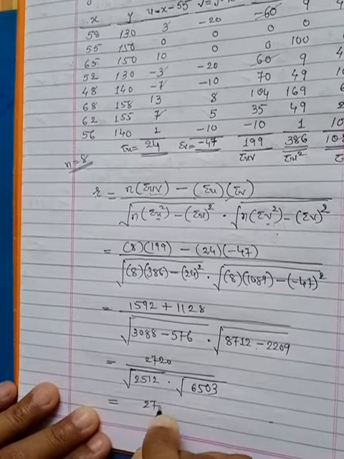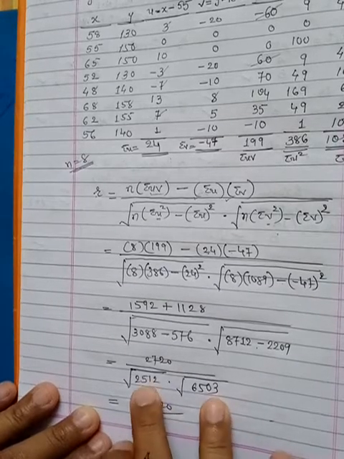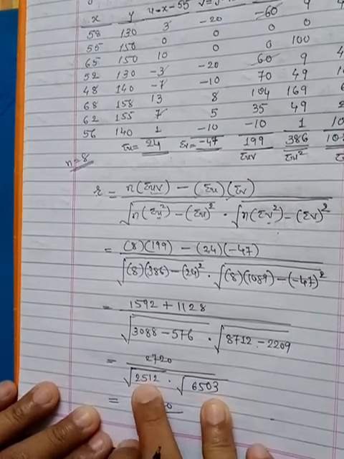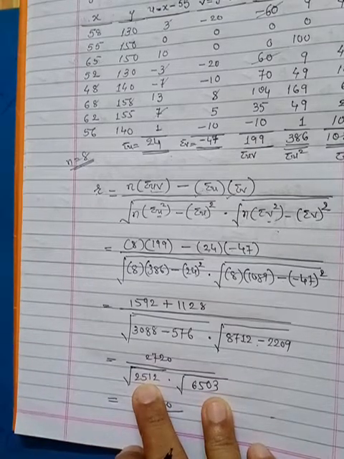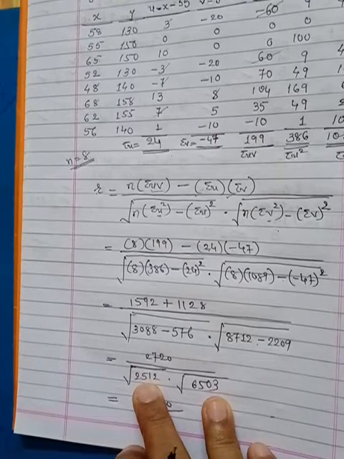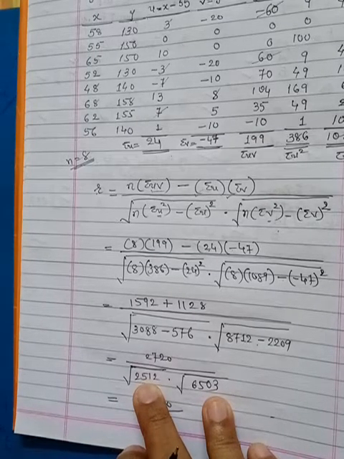Now you have to multiply these two and then find its square root. So I am finding that square root now. 6503 into 2512, and the square root of that value is